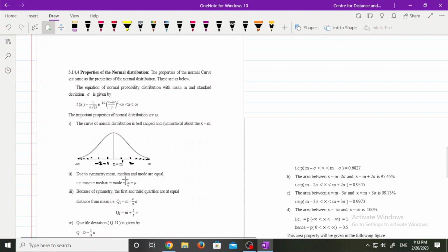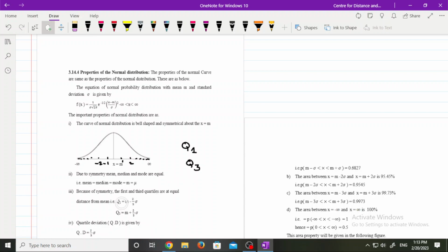Okay, due to symmetry, mean, median and mode are equal, that is mean is equal to median is equal to mode, which is equal to m, which is equal to mu. Next, because of symmetry, the first and third quartiles, represented by Q, first quartile Q1 and third quartile Q3,